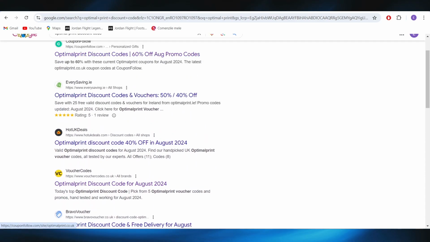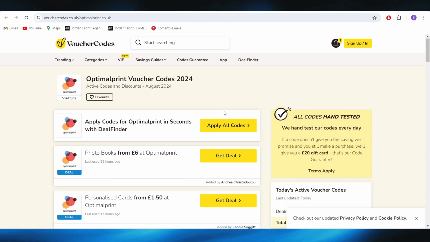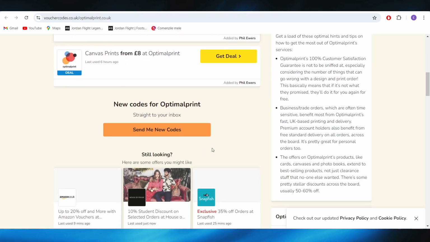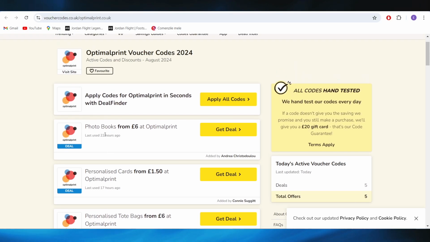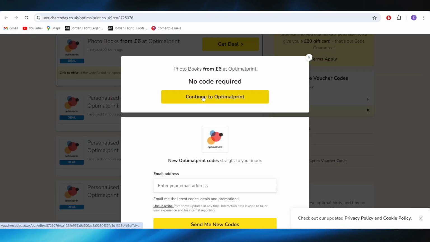For example, if I'm going to use this voucher codes, the code.uk website, as you can see right here, we have plenty of other deals. And for example, if I want to get this one right here, all I have to do is select get deal and continue to the website and the discount will be applied